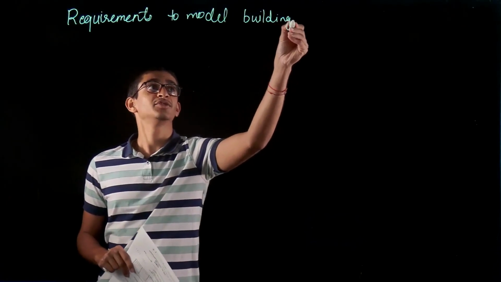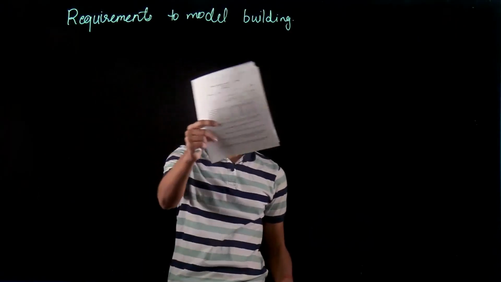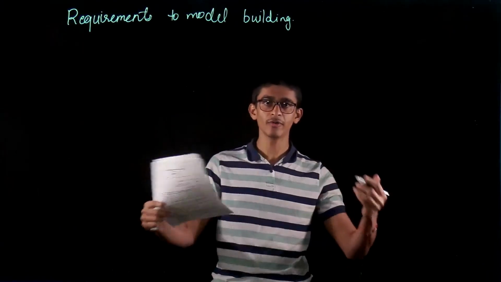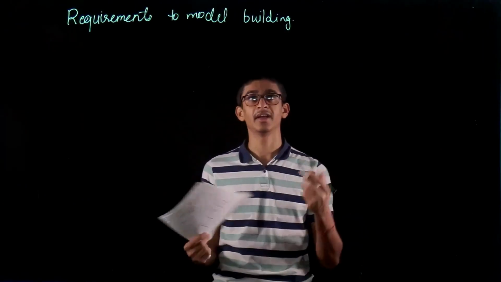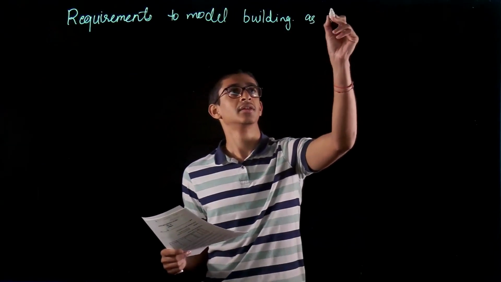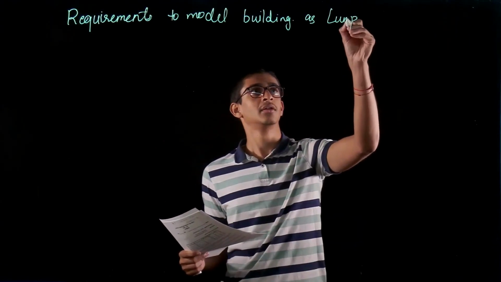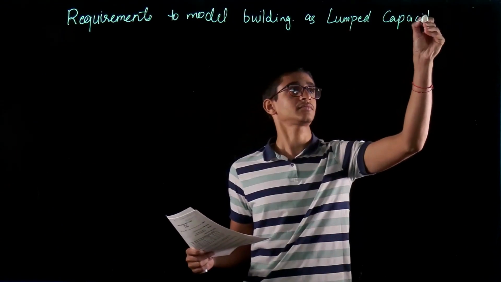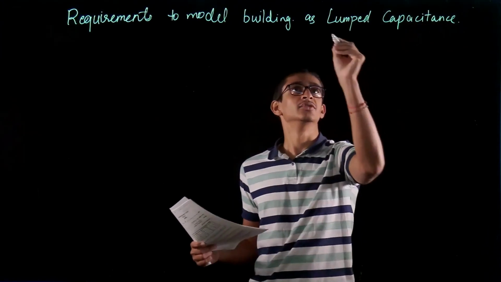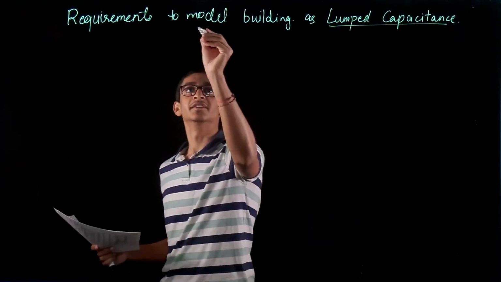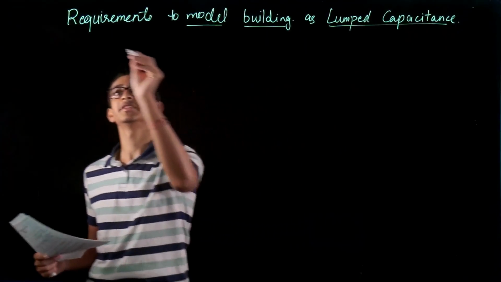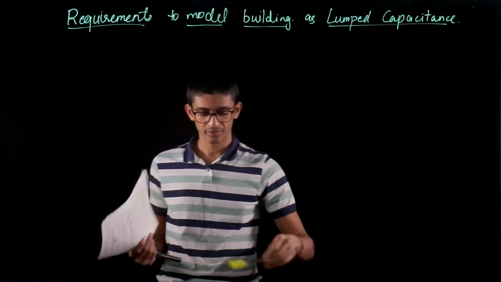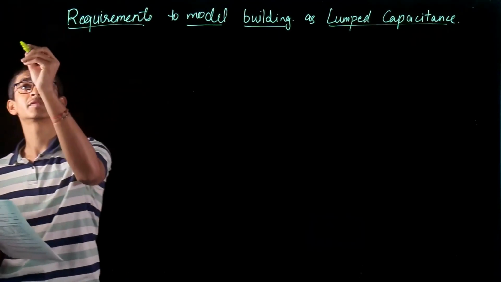I am right now specifically concerned about modeling the building, but these are the general requirements to be fulfilled if we want to model any of our mass, any of our structure as lumped mass, lumped capacitance. So there are some technical words we must understand: model, building, lump capacitance, and we'll be talking about the requirements to do it. So the first requirement is